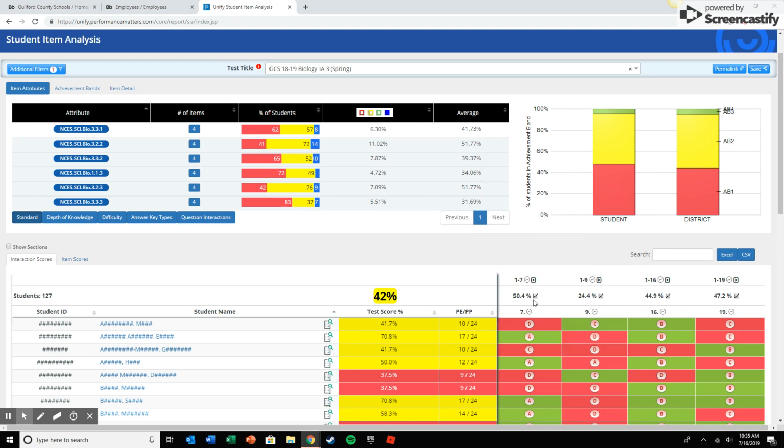The next thing you can do is you look right here, you can see I've got 50% of my entire students who got the correct answer. So half my kids were able to answer this question. But if I click here on this little graph,